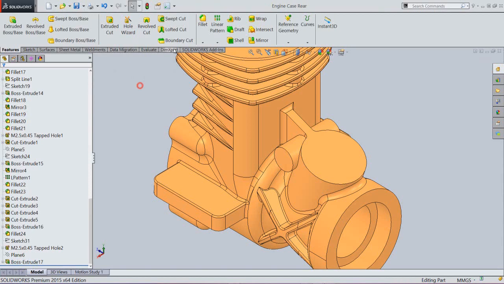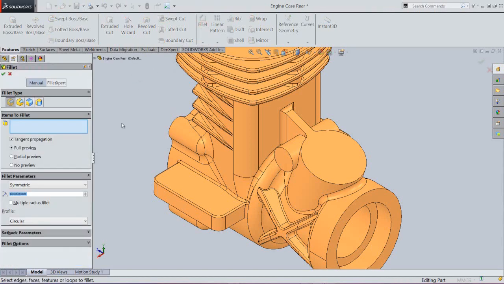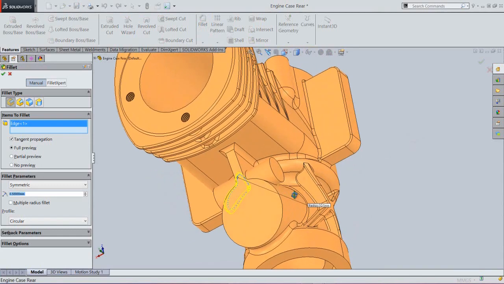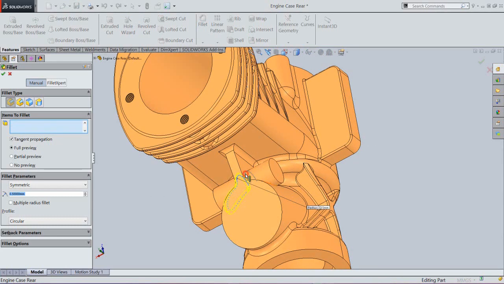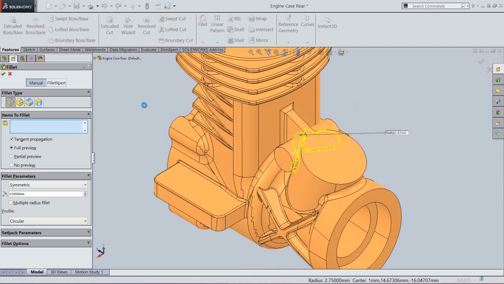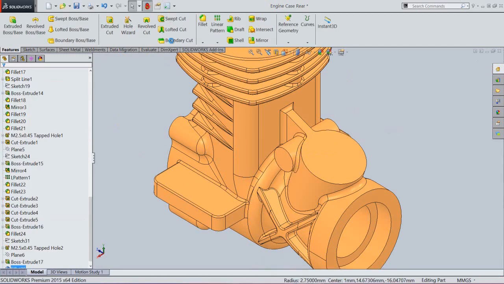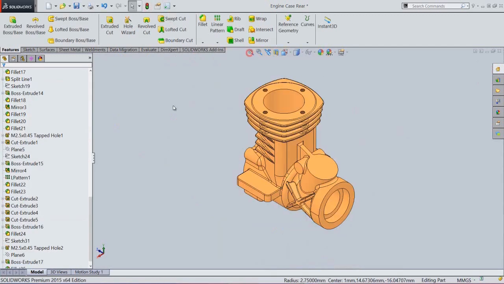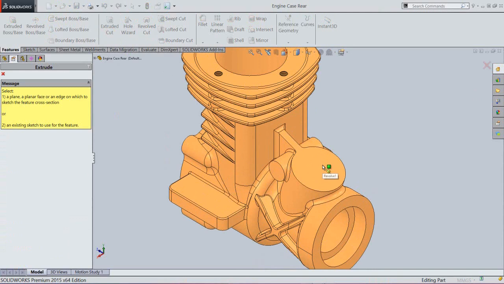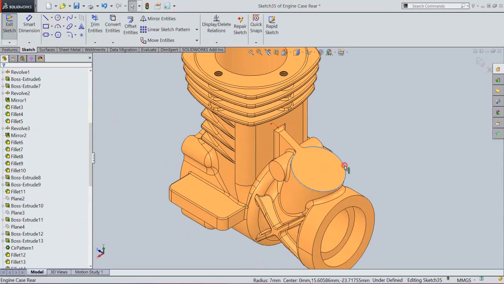Now we will apply the fillet on this feature. Activate the extruded cut command and select this face.